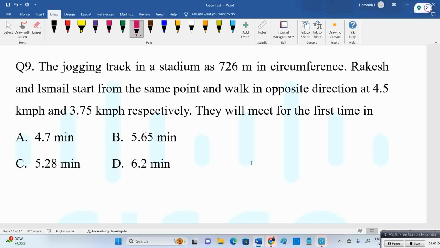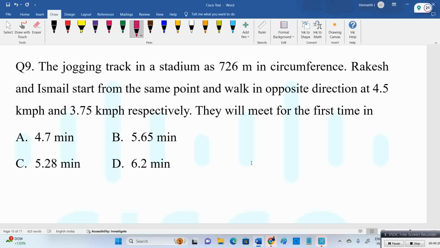Fine. So Rakesh and Ismail start from the same point and walk in opposite directions. Now listen, let's say we have a circle shape here, like our garden. Two people start from our admin block entrance, one going that way, one going this way. They meet means the total distance covered is equal to